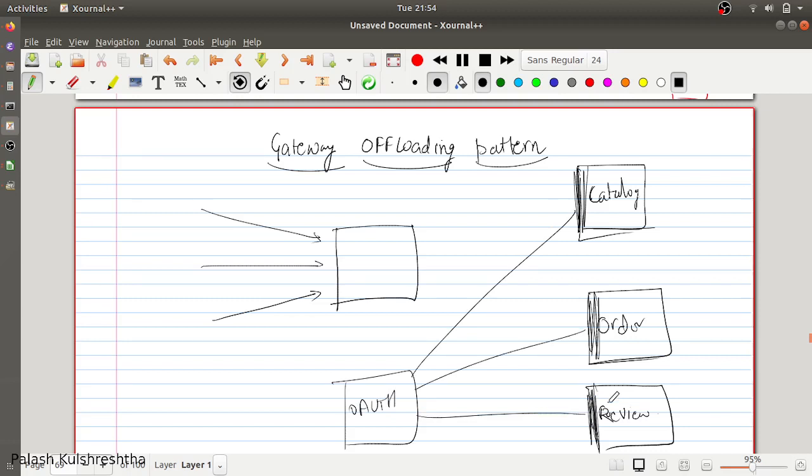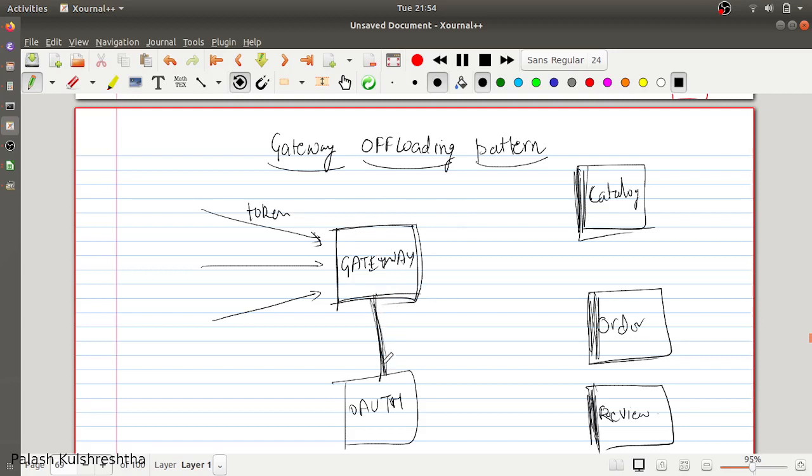So what you can do is, instead of having each service do a common piece of work, you can move this common piece of work to a single place, and that can be gateway. So all the requests are coming to the gateway, and gateway can do all the offloading work, like it can do the authentication. So all the incoming requests which have token, username, password present in them, gateway can then authenticate those requests, and once the user is authenticated, then it can forward those requests to their respective services. This way authentication offloading is done.